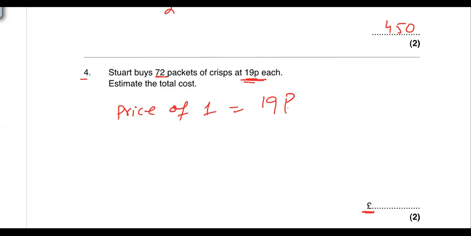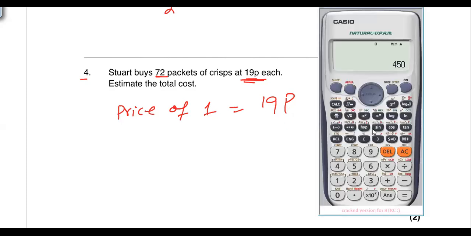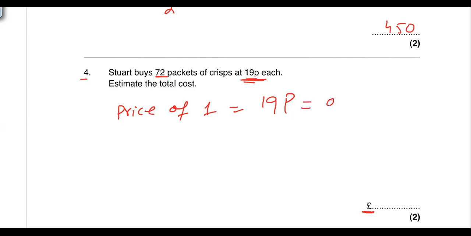If we have to convert pence into pounds, just like halala to riyal, we divide by 100. So this 19, I will divide with 100. If I divide 19 by 100, it will become 0.19. So I will write 0.19 pound. Now this is the pound symbol. This is the price of one. Now, as I have to estimate, I told you that for estimation, each one must be rounded to one significant figure, to the first significant figure.